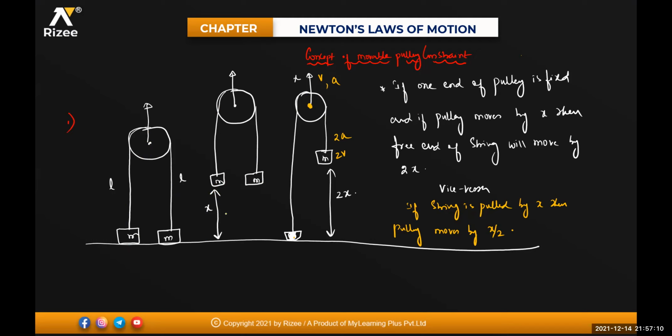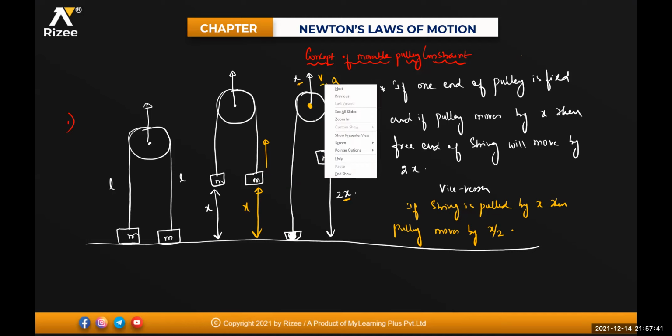If I move this by x in the downward direction, this small m on the other side will also move by x in the upward direction, isn't it? That means if one end of this is fixed down, the other end will be moving what distance, beta? 2x, isn't it? Because this one is already here from here to here, this is x. If I pull this back here by x, this will be moving by a distance of 2x. That means if one end of the pulley is fixed, and if the pulley is moved by x, the free end will move by a distance of 2x. If I differentiate that, velocity: if the pulley is moving with velocity v, then the free end will move with a velocity of 2v. If it is moving with an acceleration a, this will move with an acceleration of 2a. Clear?